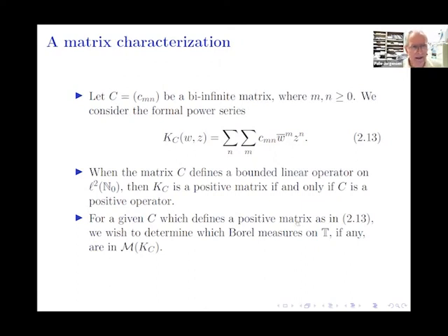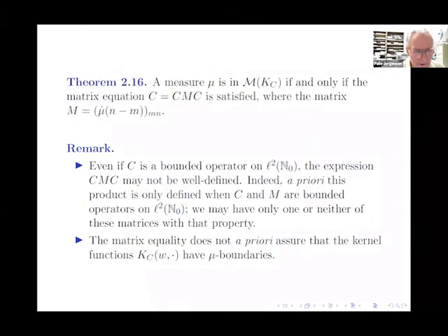The next one here is generating these kind of kernels as a double indexed family of coefficients. So we think about that as an infinite matrix C, and obviously the matrix must be positive definite in the sense that it generates a positive operator in L2. And so we want to study when we can get mu belonging to M of KC for some choices of infinite matrices C. And I'll concentrate on the case where the C's are matrices for bounded operators in L2. And we have quite a few theorems about them.